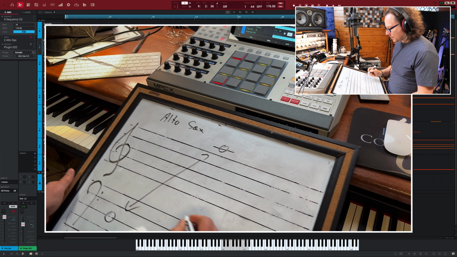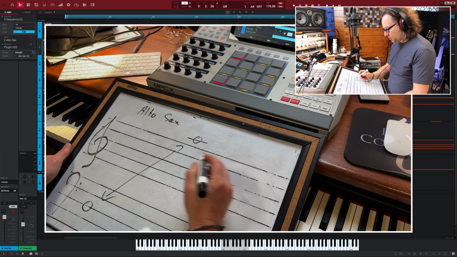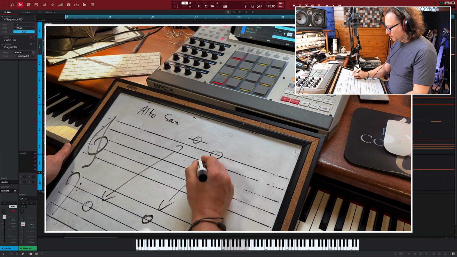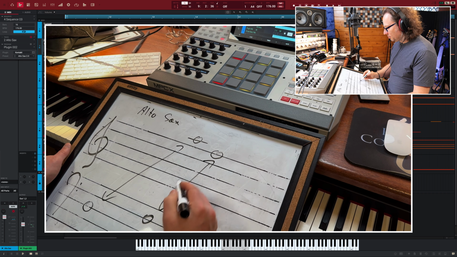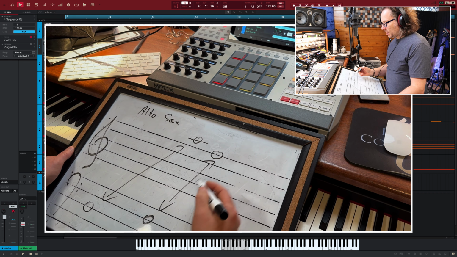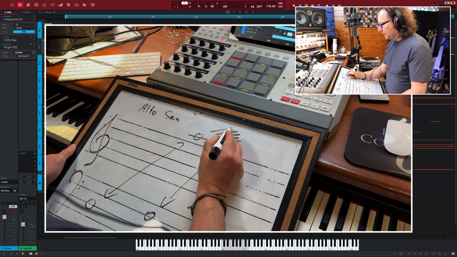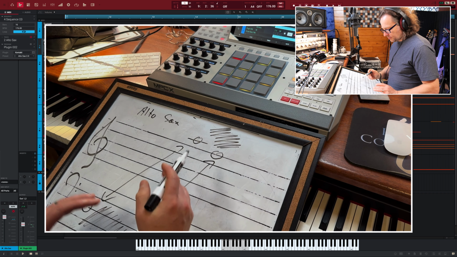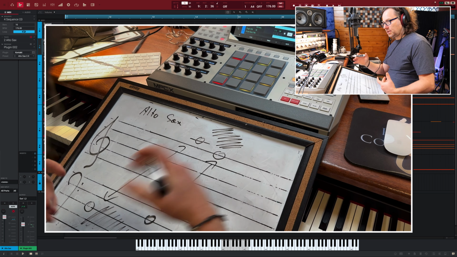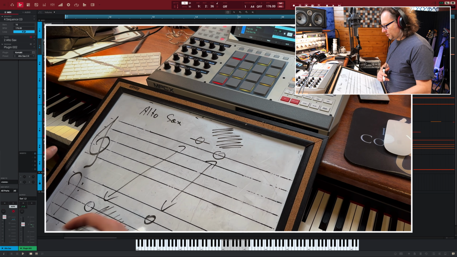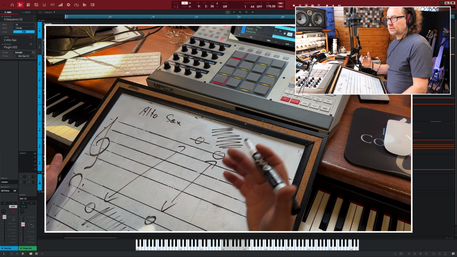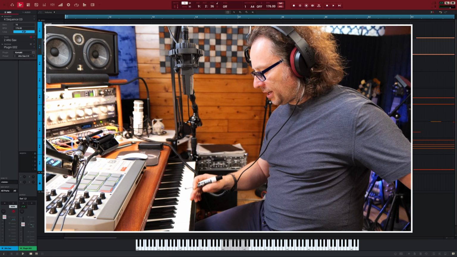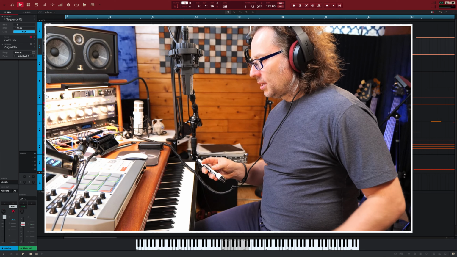Okay? The safe range of motion goes from F to F. So this is where most of the alto sax will live. Okay? And this is difficult. It's totally possible. But we are talking about cutting the range of motion by a minor third on the bottom and a major third on top. So it's not a big deal, right? However, we have to respect that range of motion. That is why